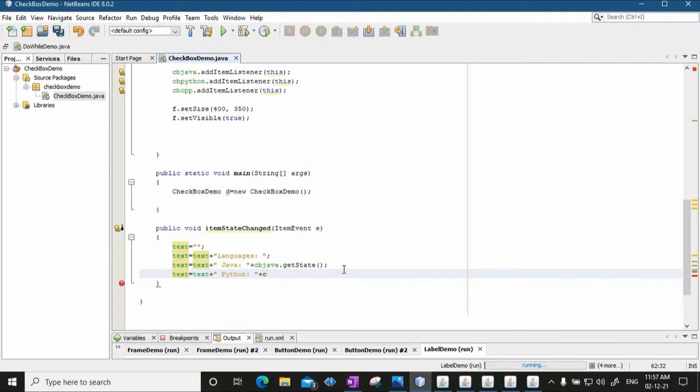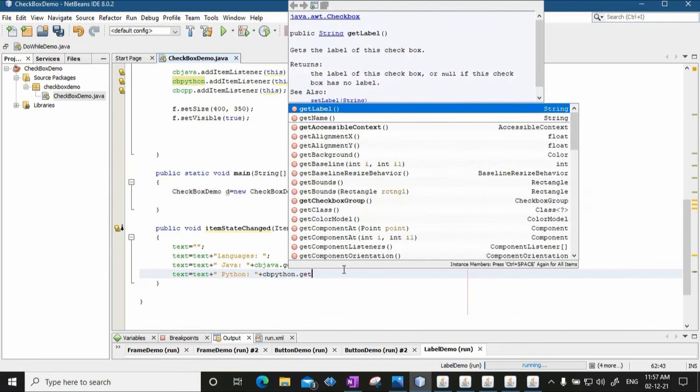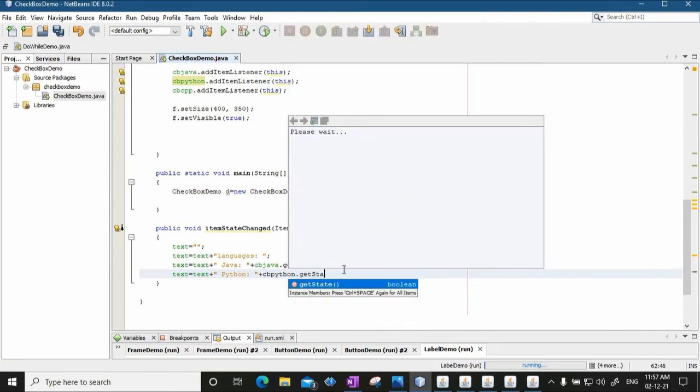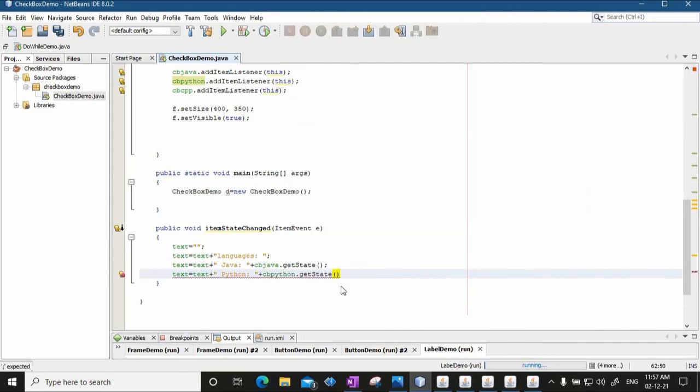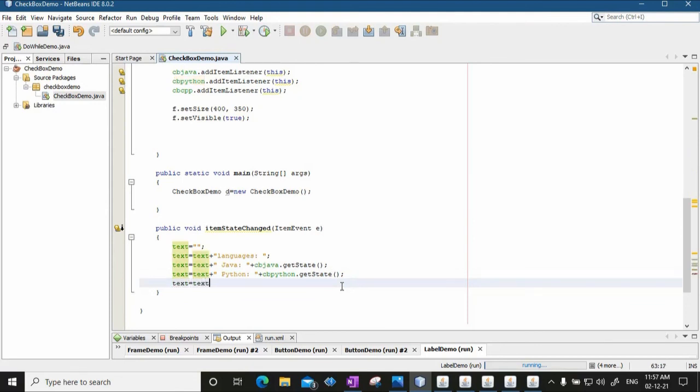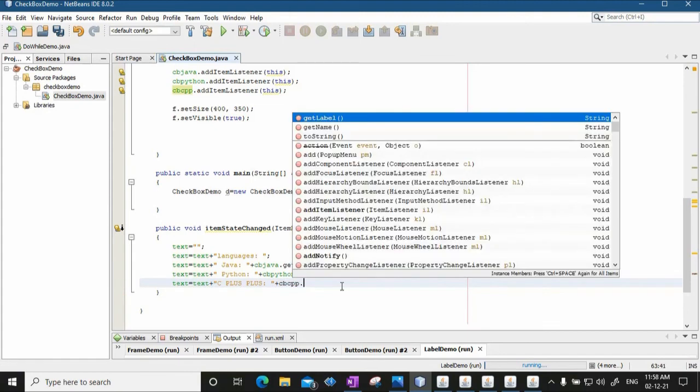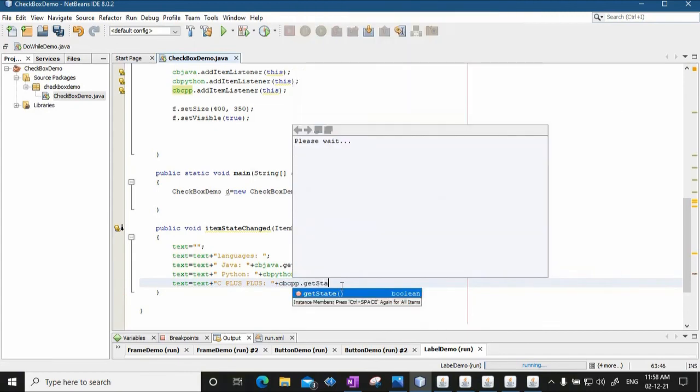I'll say cb python dot get state, and finally text equal to text plus C++. For C++, it will also tell you the state. I'll say cb cpp dot get state.